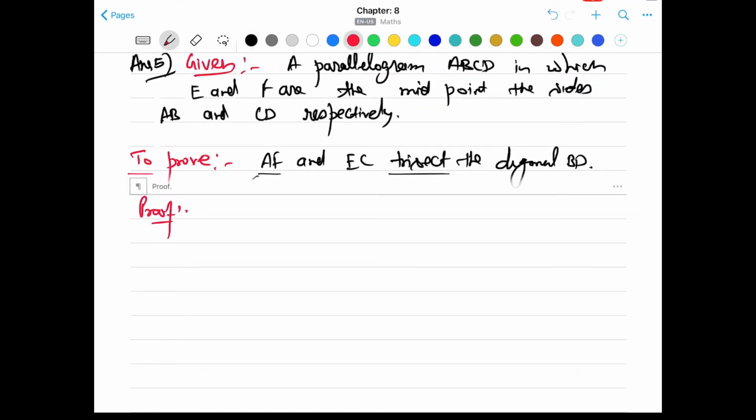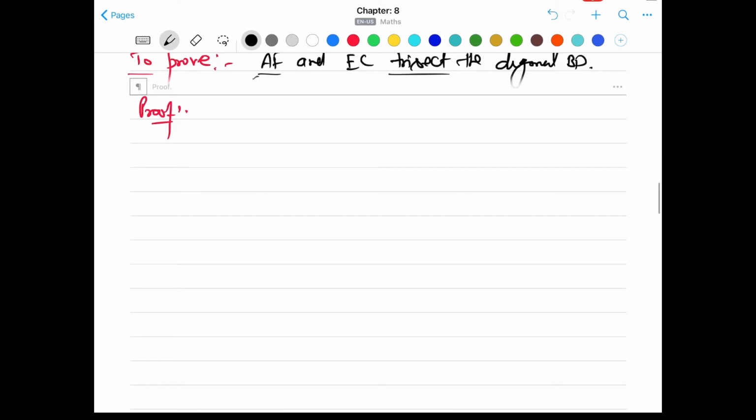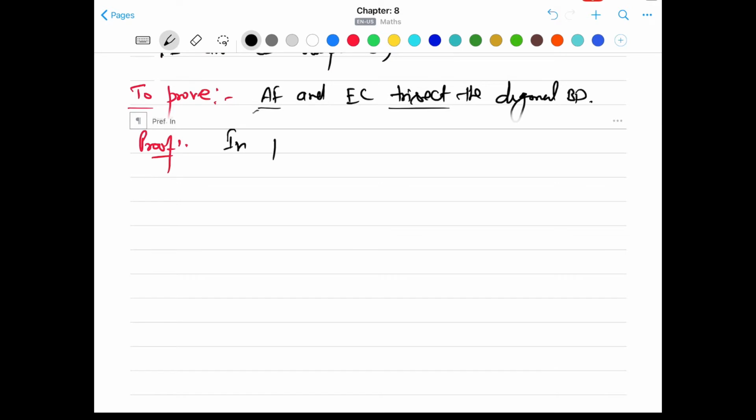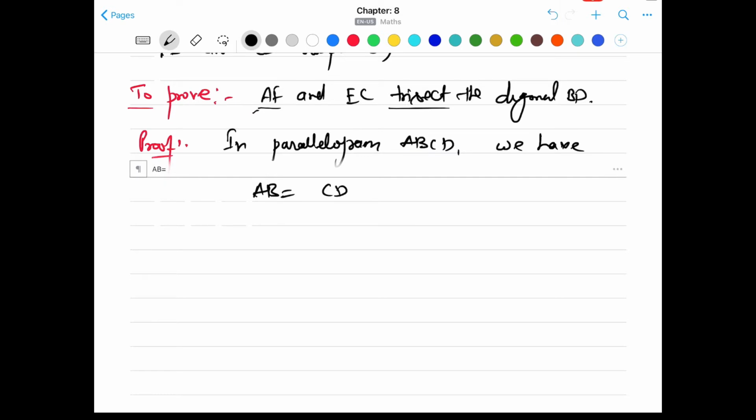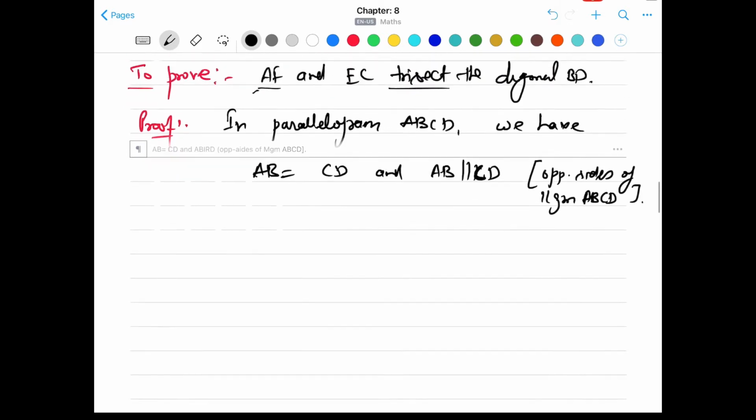Here we have that ABCD is a parallelogram. So in parallelogram ABCD, we have side AB equals CD, and also AB is parallel to CD, because they are the opposite sides of the parallelogram. So inside the bracket you can write: opposite sides of parallelogram ABCD. That's why they are equal and parallel. Now